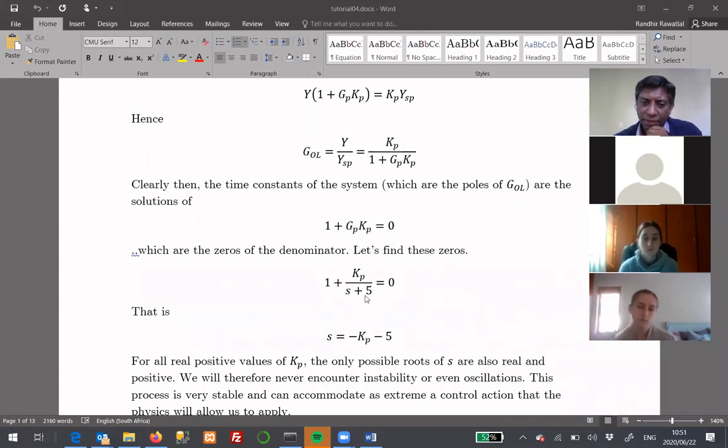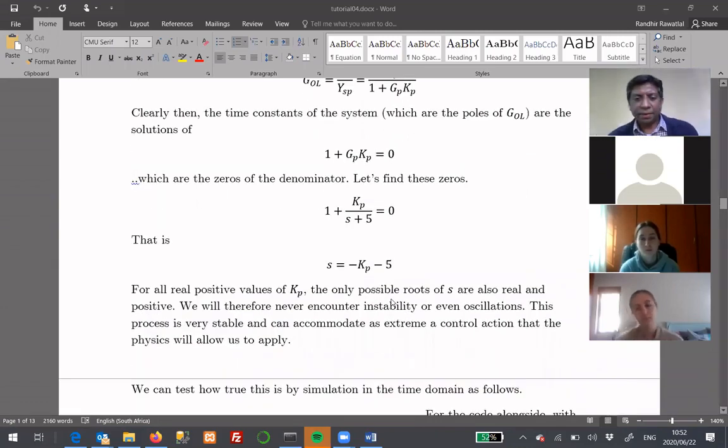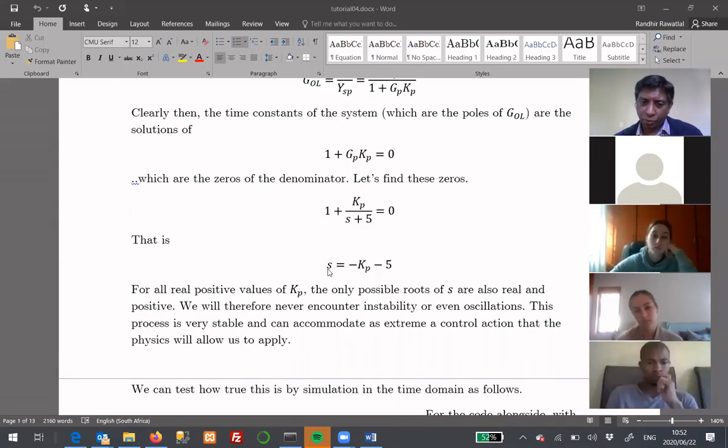And so we can rewrite this. In the context of the example we are looking at, we can substitute for GP, which is 1 over s plus 5. And so we can multiply both sides by s plus 5. And so we'll get here s plus 5 plus kp equals 0. And so we can say s equals minus kp minus 5. And so this tells us that as we vary kp, we will vary our s value. So the root changes